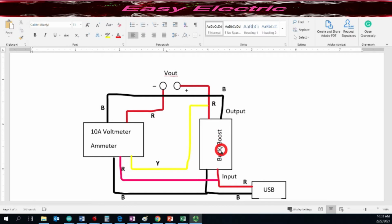Then in the buck boost you have one potentiometer. If you want to put the whole thing inside a box, the potentiometer or variable resistor that you have on the board is very short. You could replace that variable resistor with a 10K variable resistor, which you can install and take out of your box. So the negative pin of the output connects to the negative of your